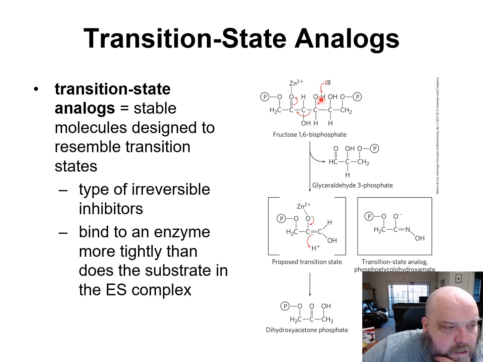Or I'm sorry, it switches over to here. Okay, yeah. Electron here, boom, boom. This hydrogen fills in for that covalent bond, HC. This one's now going to swap over here, so you get this carbon-carbon double bond. This covalent bond here is going to swap up, and the zinc